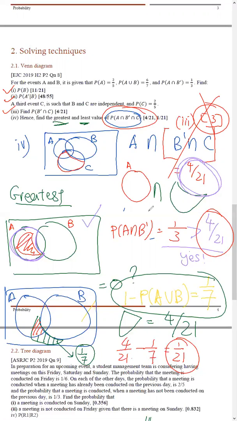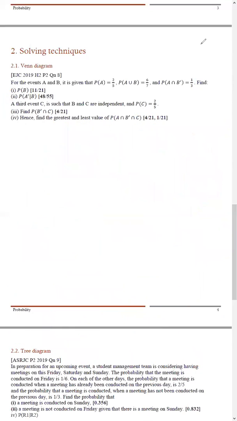Remember, for those who have attended my lessons, there is always a strategy to acing the JC A levels. It's not about scoring 100%. Nobody can score 100%. If I were to sit in the exam, I don't think I can score 100% also. It's about strategizing yourself and maximizing the marks. Having said that, that's it for this Venn diagram question, which I feel is one of the hardest questions that has ever been. Okay, let's move on